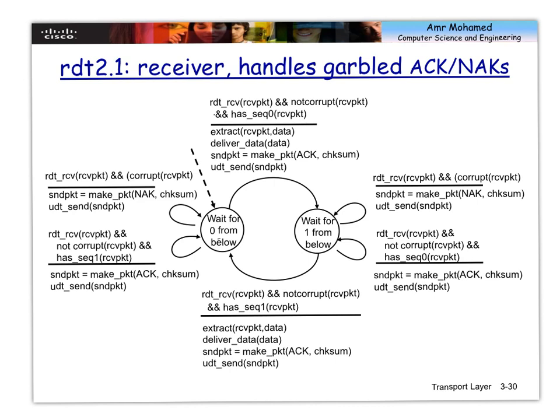One is that I receive a packet, and the packet is not corrupted, and the sequence number is 0, which is correct. If that's the case, then I need to extract this packet, deliver the packet to above, send positive acknowledgement, go to this state. Logical, right? So I need to extract the packet, send it to above, and send positive acknowledgement. So hopefully when I send this positive acknowledgement, it will not be corrupted at the sender. But we will address this.